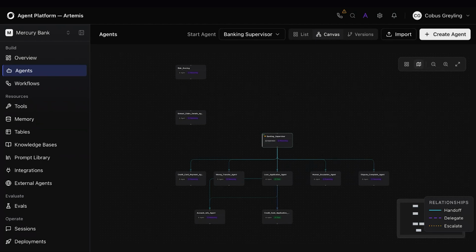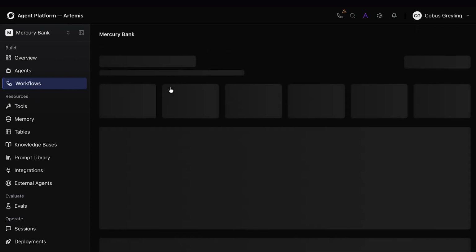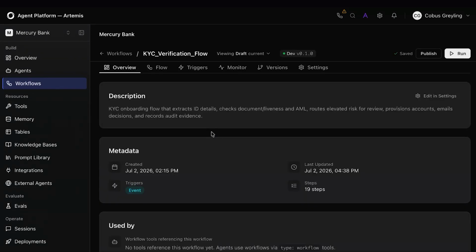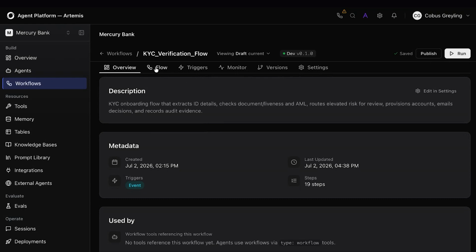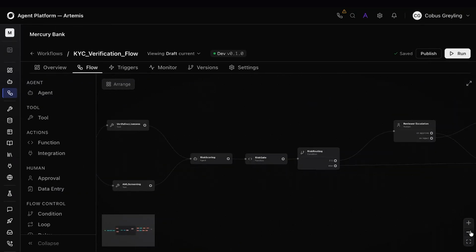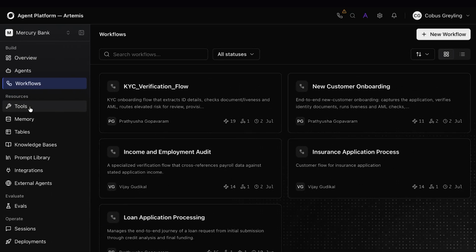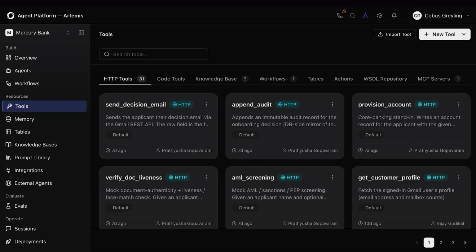If I go further, you will see workflows. So if you want to build a workflow, that's also possible. If you want to have a kind of RPA 2.0 agentic workflow approach, then that's also possible. You will see that if I go back, there are tools. As I mentioned many times before, tools are really the hands and feet of the AI agent. In this case, you can provision an account, send an email, different tools.